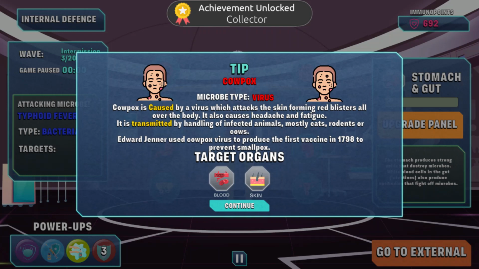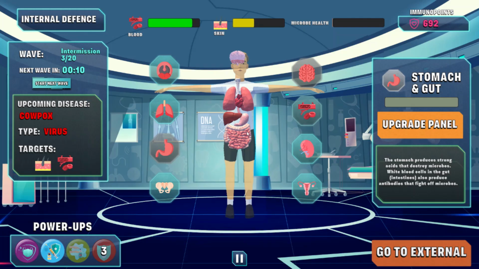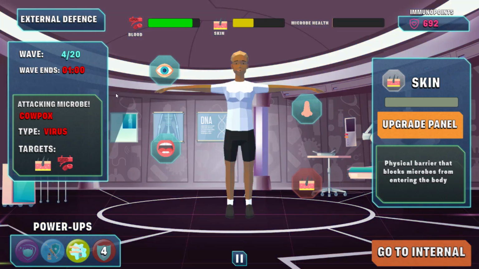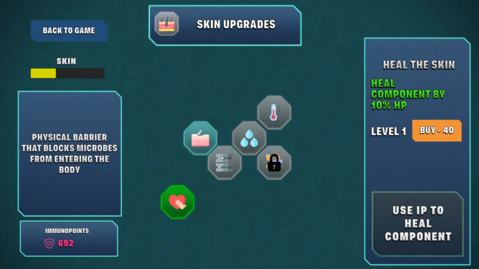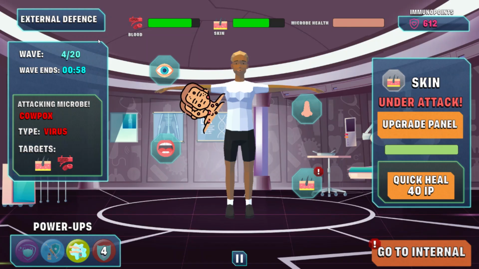So the next one is cowpox. It's the last wave I'm going to do for this demonstration. So the skin is damaged, so as before, we should go on the skin, we're going to heal it and we're going to upgrade it as the wave starts. So let's heal it a couple times, full health, and we can, what was the attacking? I think it was a virus. Okay, so